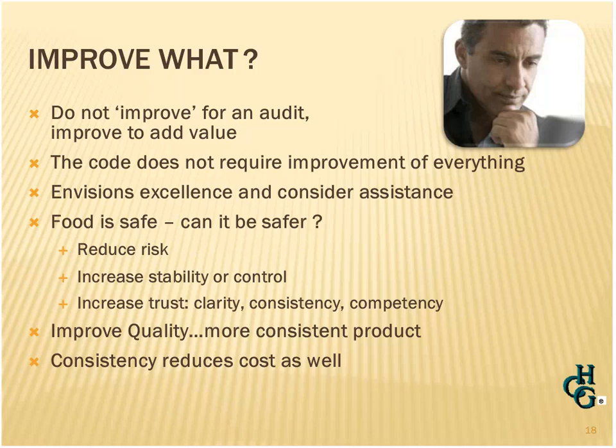But what you can do is identify areas of risk in your process and reduce that risk. Find ways to measure it. Find ways to increase stability or control. Find ways to increase trust from your customer. And you do that by improving clarity. Make sure your communication is very clear in your written documents, your specifications, or other communications. Make sure your product and your actions are consistent, and make sure you can demonstrate competency. And we get there through training.